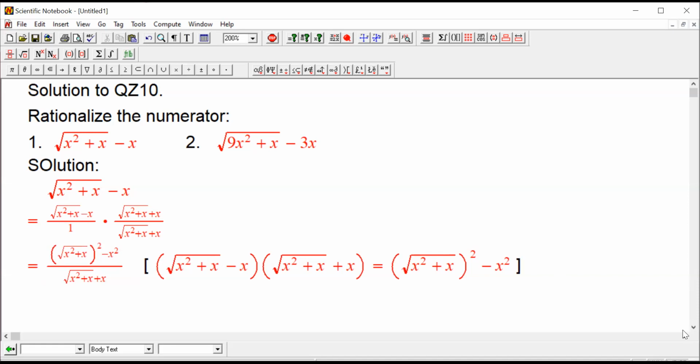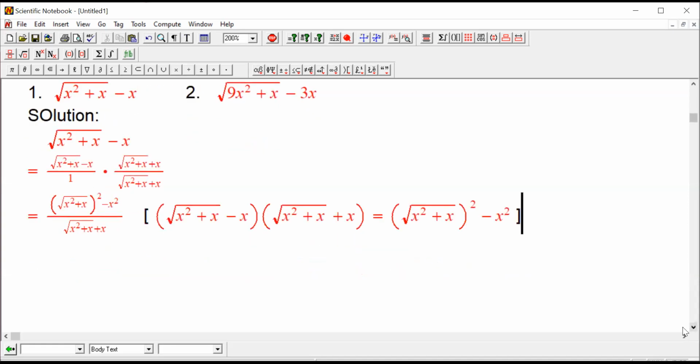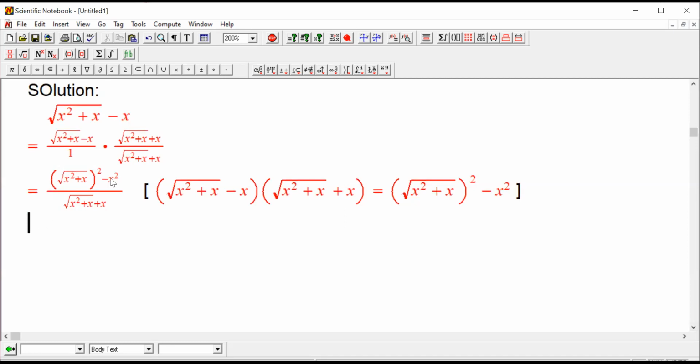Now the rest is a simplification. So what is this, the root of something squared? In other words, what is the root of, say,